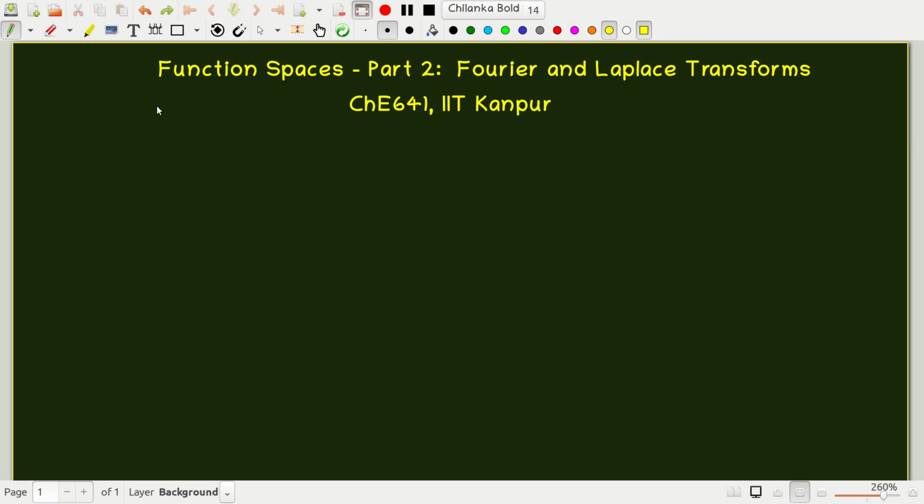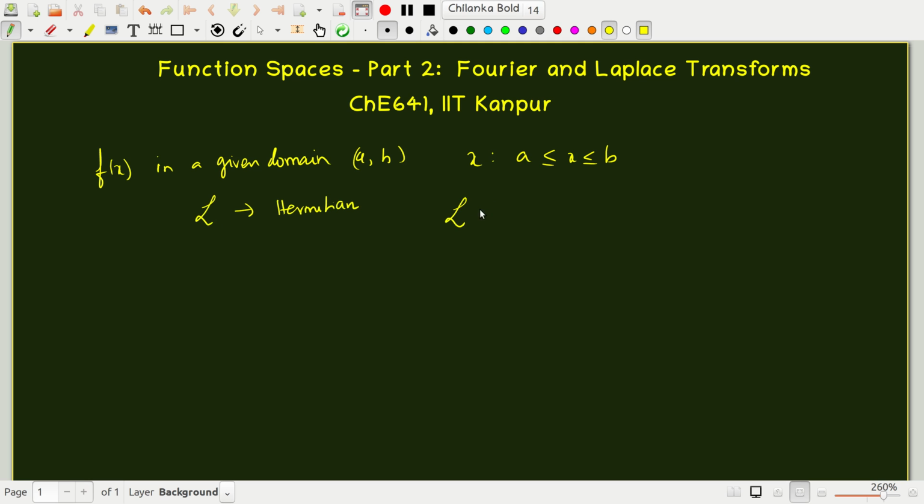In the last lecture we introduced the notion of how to expand a given function in a given domain, let's say a to b, where x is in the range between a and b. And we said that if you had an operator that is Hermitian in that domain, and if you solve the eigenvalue problem for that Hermitian operator, L e_i of x,